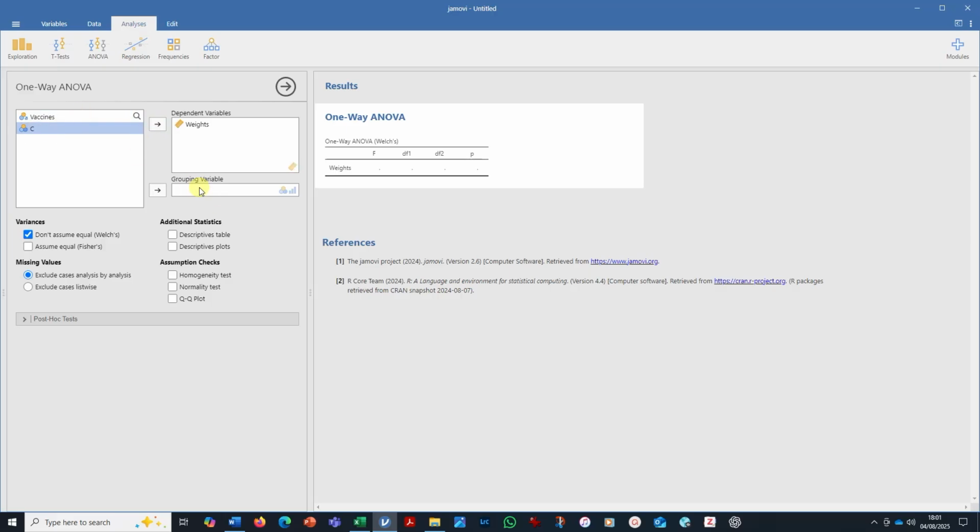And then vaccines is obviously the grouping variable, so I'm going to move that there. There we go. So we've got weights and vaccines, and here it's done the analysis of variance. Now, by default, the analysis of variance uses the Welch's ANOVA, which is actually a fairly recent addition to the